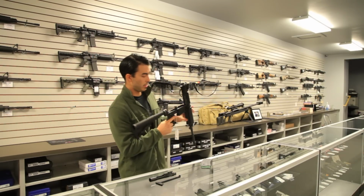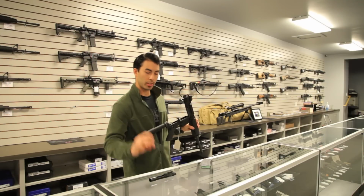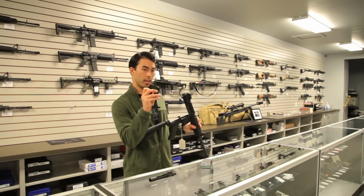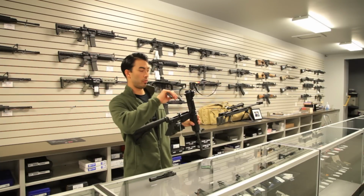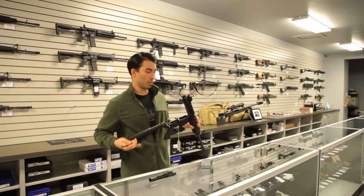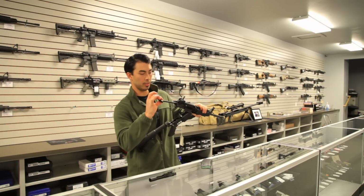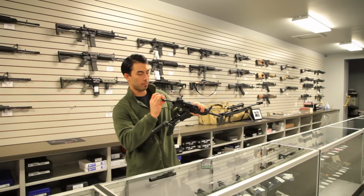Once you've got all that done, to put this back together, we're going to take the charging handle first. And if you can see, there's little notches on the side of that charging handle. There's little notches where it's going to fit into the top of this. So all I'm going to do is push upward as I'm putting this in, and about an inch or so in,